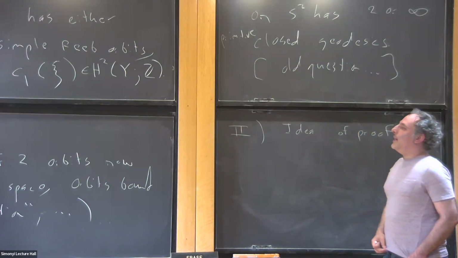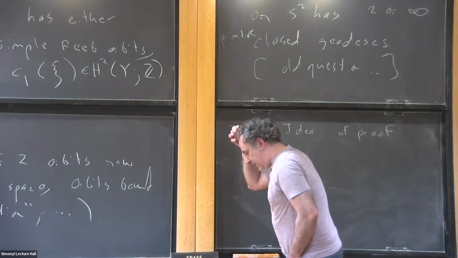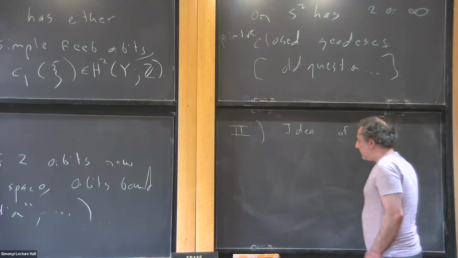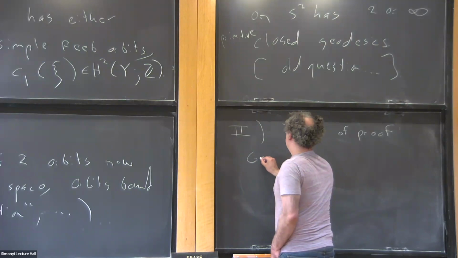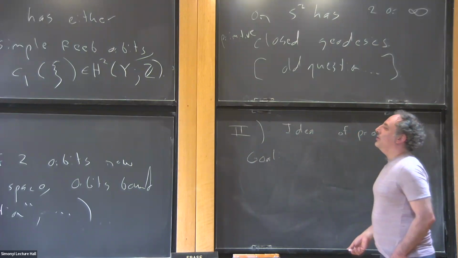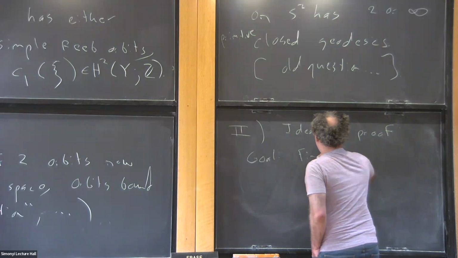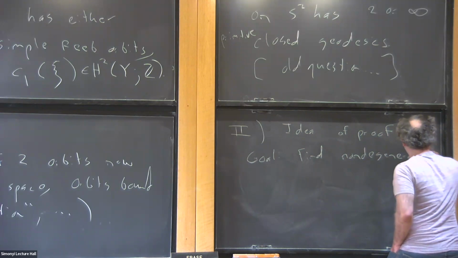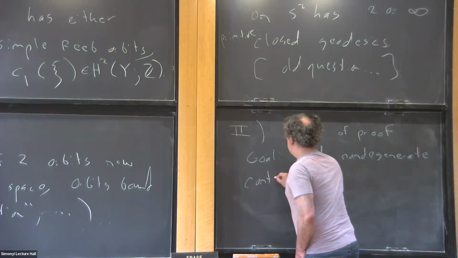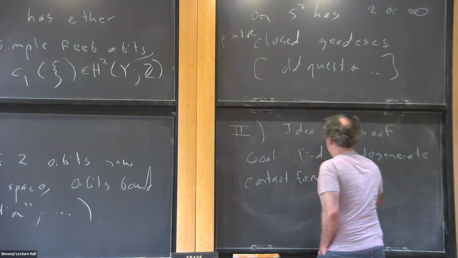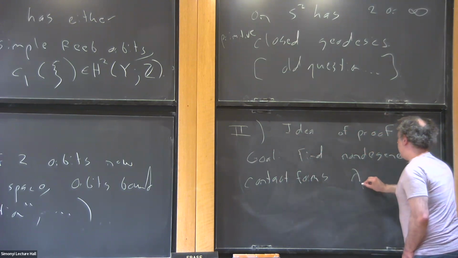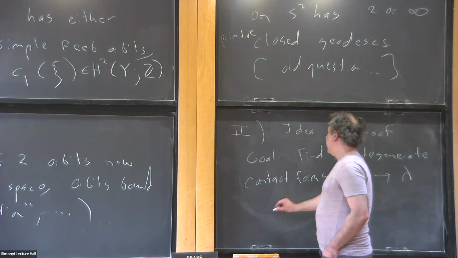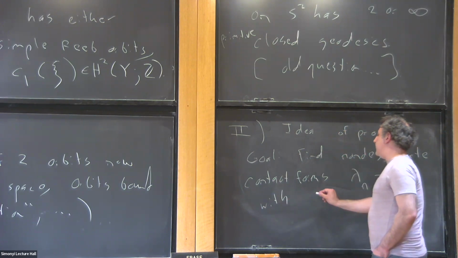So I first want to say the idea, and then I want to give some details. Okay, so the basic idea is as follows. The goal, our kind of goal, is to find non-degenerate contact forms lambda_n converging to lambda with global surfaces of section